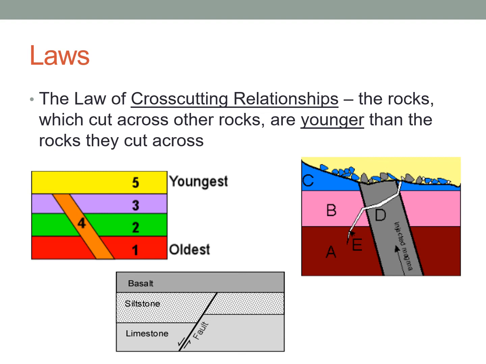The next law is the one where it starts to get a little bit tricky. This is the law of cross-cutting relationships. So this says that the rocks which cut across other rocks are younger than the rocks they cut across. So all that's saying is, for example,